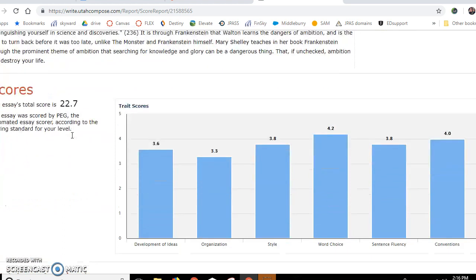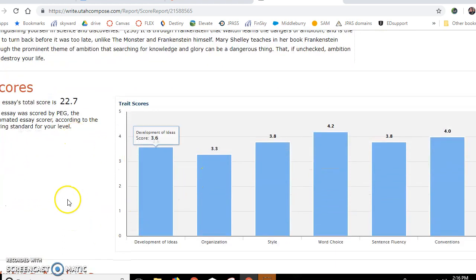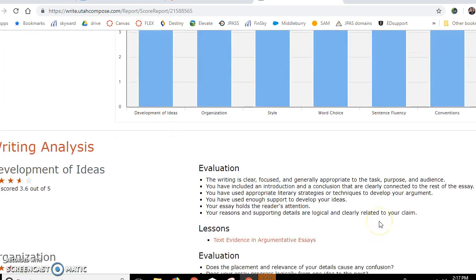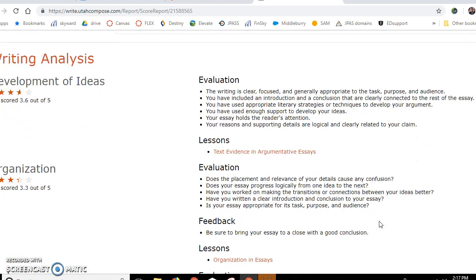But I can see that my development of ideas, out of 5, is 3.6, and 3.3 for organization. Style, word choice is great, and I did really well with spelling and grammar conventions. And then down here, it gives you a breakdown of your score. So you got 3.6 out of 5 here for development of ideas. Now, how can I make that a 5? It gives you some